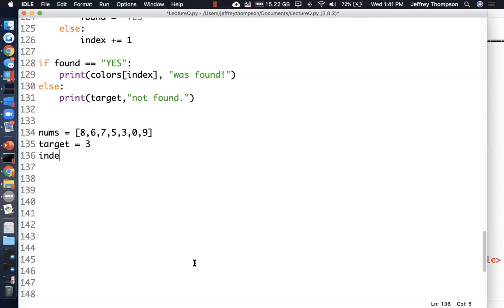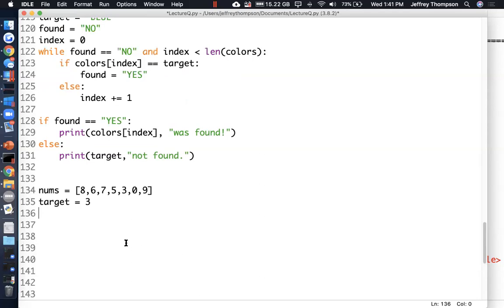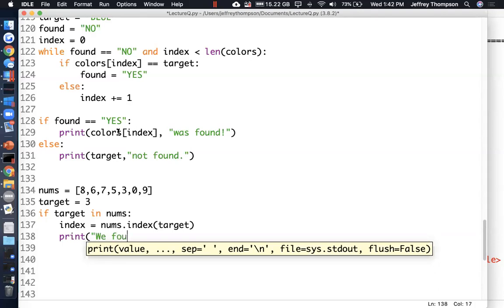After heck with it, we're not going to even do a loop at all. We're just going to take advantage of the in keyword and the index keyword. So if target in nums colon, get the index of our target, index is equal to nums.index(target), and then print we found,